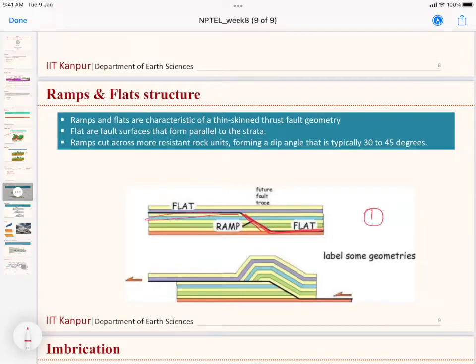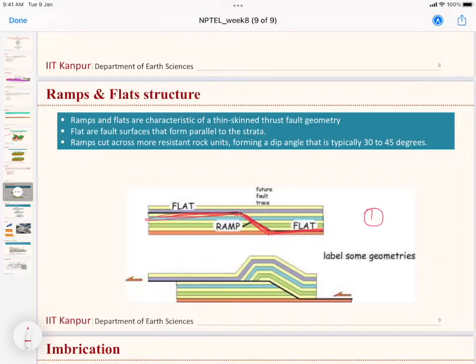getting the flat boundary. Now if I look for an analogy, I can say that it's a stair kind of structure, where you are getting flat, then an inclined surface, then again you are getting the flat structure. Now, what is the beauty of this structure? The beauty of this structure is that, like, if